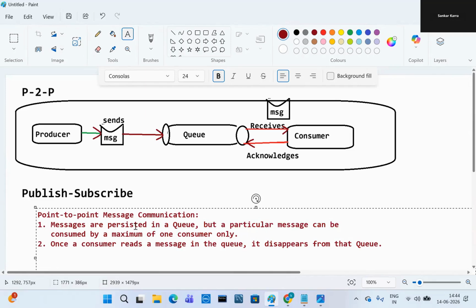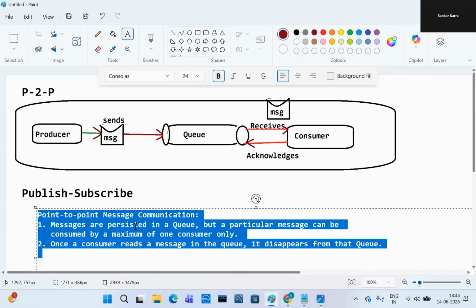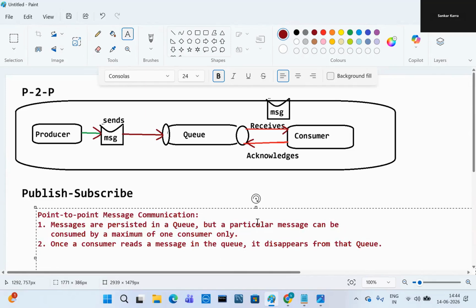So that is the point-to-point communication.